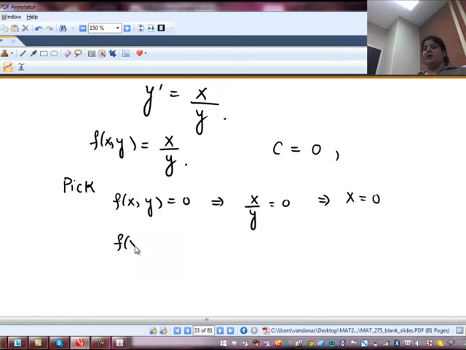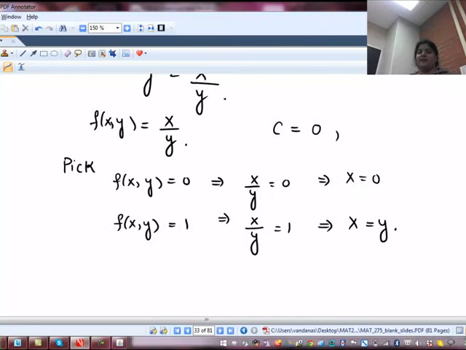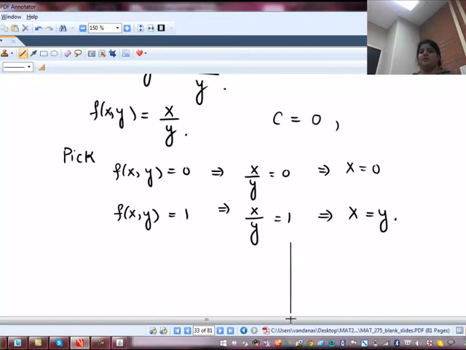Okay, if I pick f of xy equal to 1, this will imply x over y equals 1. This will imply x is equal to y. Now what are these curves? These curves will have all those points which have a slope 0, right? So for example, if I try to draw this geometrically, if x is equal to 0,